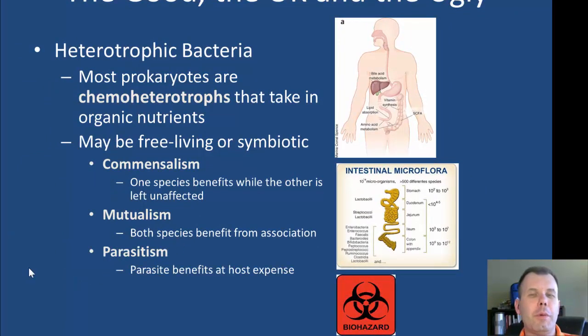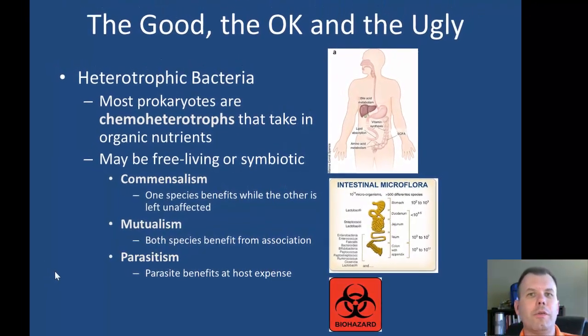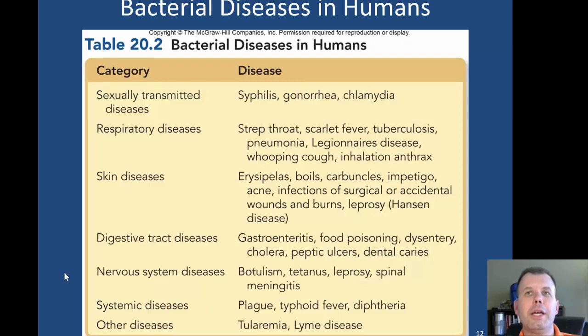And then the third type of bacteria are the ones we don't want. These are the parasites, or parasitism, which basically means that they cause infection. And obviously, they hurt us, and we don't want these things in us. There are a small group of these out there, and we have to be aware of them. If you take microbiology, you're going to learn all about the different types of diseases. On the next slide, I show you a number of the bacterial diseases that a lot of people can get. You can see they range from sexually transmitted diseases to respiratory diseases to skin diseases, sometimes digestive tract, nervous, and really they can affect all our bodies.